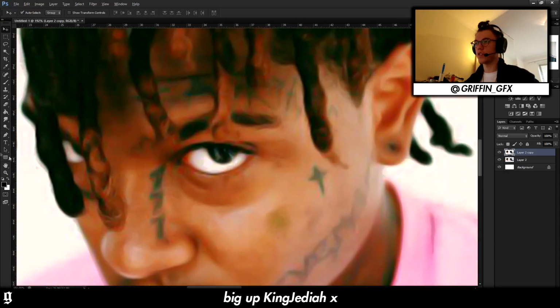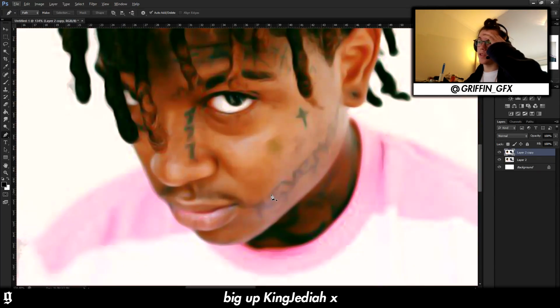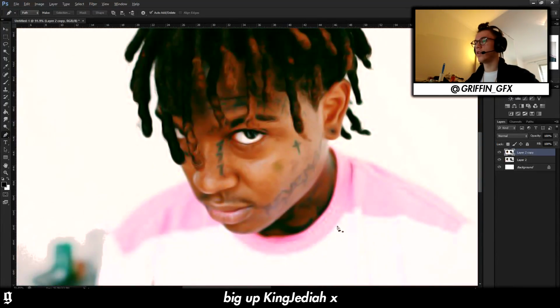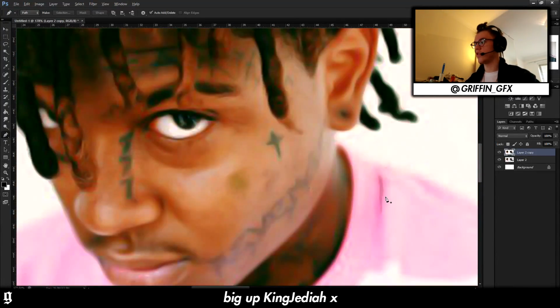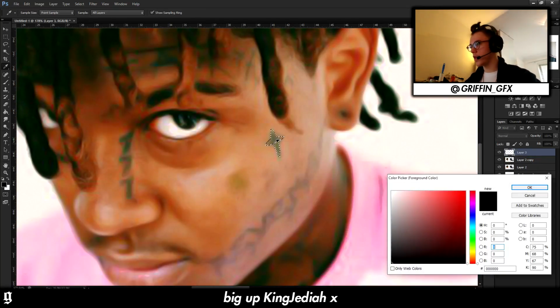So say I wanted the eyes to be perfectly crisp, I could just cut his eye out of the top layer and it would just show that. Looks kind of cool. Anyway, from there, my understanding of what he did is a lot of pen tooling. So he would obviously do the tattoos, so he'd make a layer above, and I personally would rather just use a drawing tablet and quite a defined brush, but I promised I would make a tutorial using